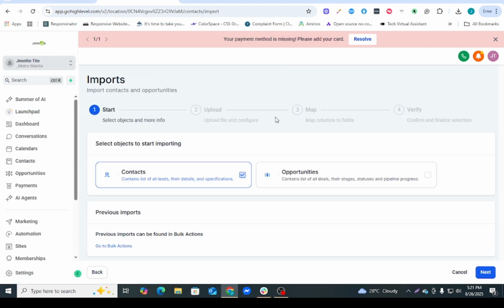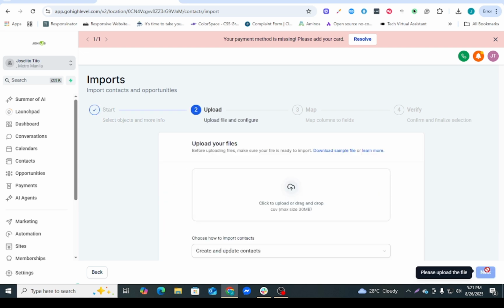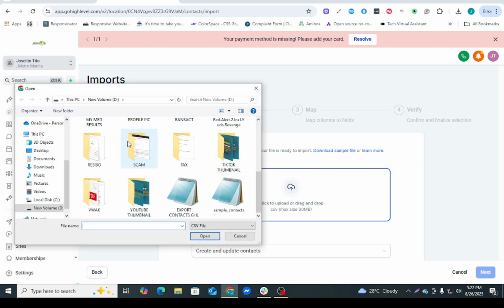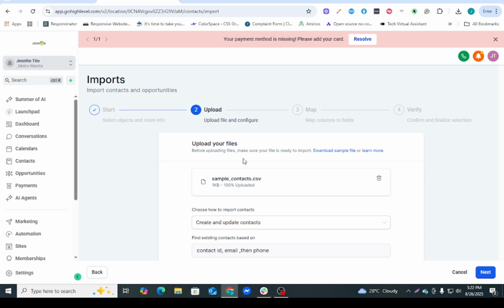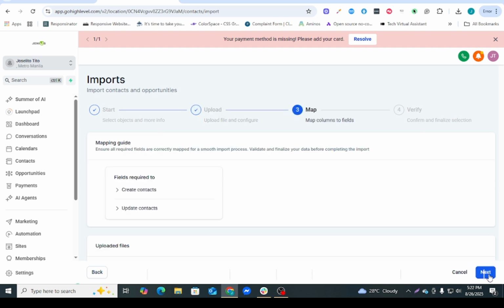click the import contacts, select the contacts, click next, upload the CSV file, create next,